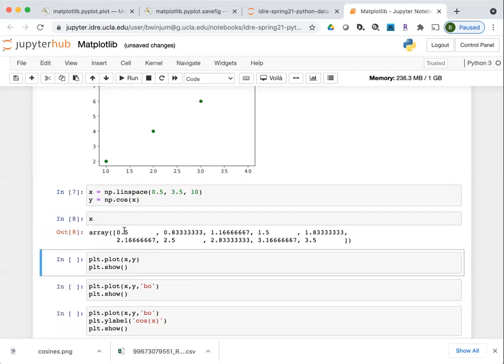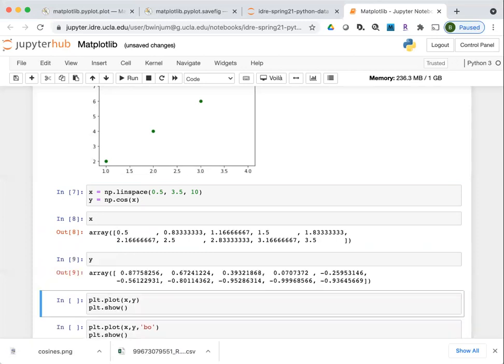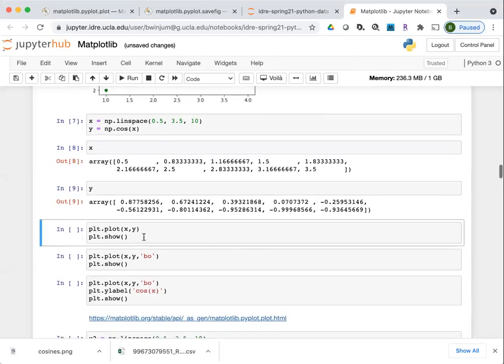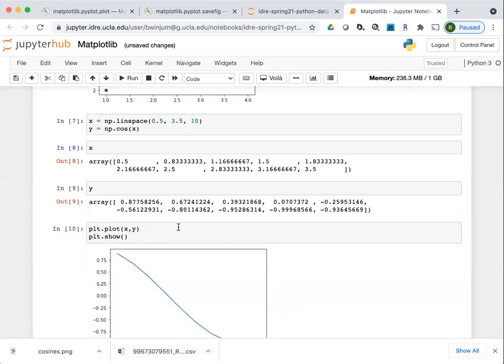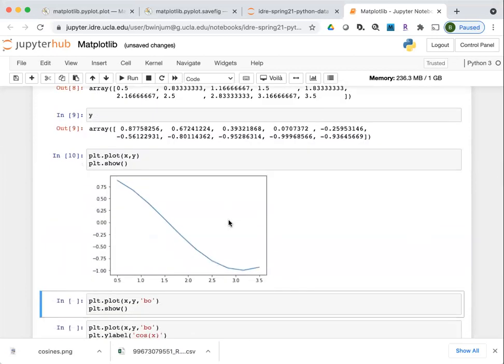x has 10 points from 0.5 to 3.5, and then y is cosine of each of those points in the x array. So when we plot those, we should see something that's kind of like a cosine curve. It's not a cosine over the full period of the cosine wave, but it has that feature of the cosine, goes from 0.5 to 3.5.